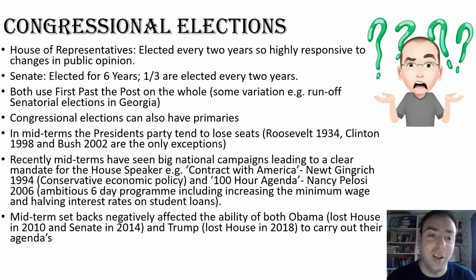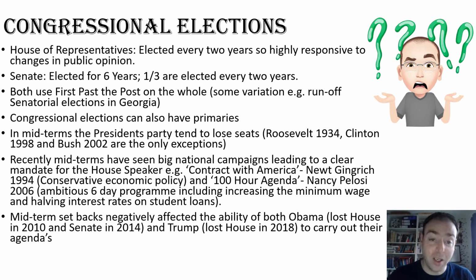Congressional elections are frequent and regular. One of the wonders of teaching American politics and American history is that as long as you can work out when one presidential election was, you can work out when all of them were, because they take place in regular cycles. The House of Representatives is elected every 2 years. The aim of this is to make it highly responsive to public opinion, and therefore it tends to shift